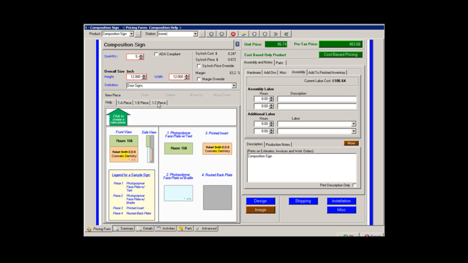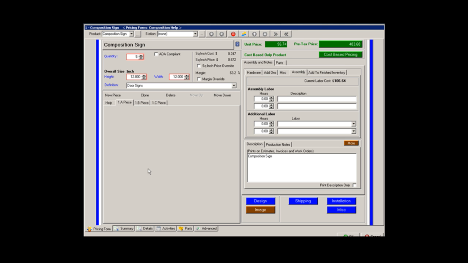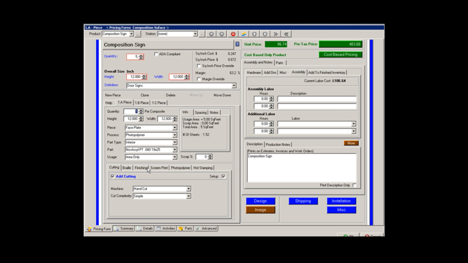Okay, now that we have the primary pieces to the composition sign done, let's finish it up by assembling it and adding any additional hardware. On the right, you'll see Assembly and Notes. Under Assembly, I can add in miscellaneous assembly labor. Maybe it's going to take me 30 minutes